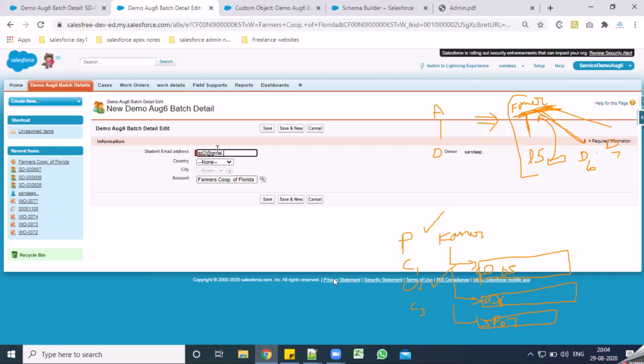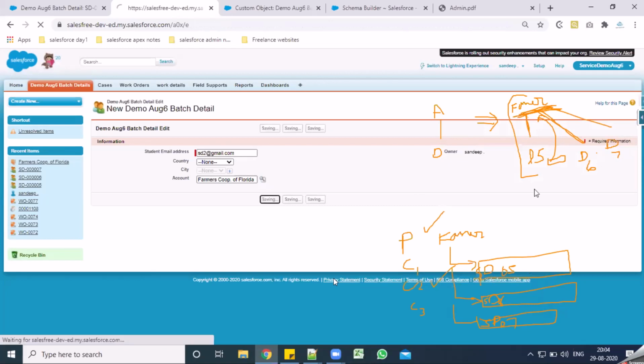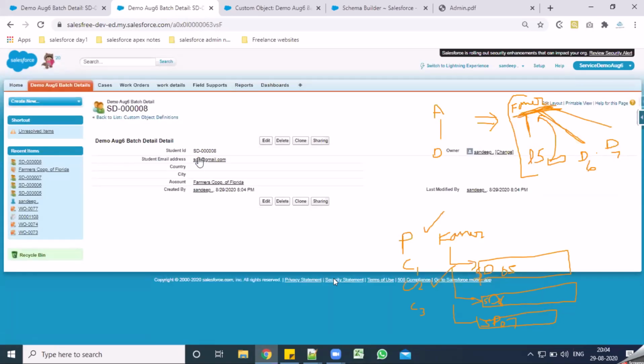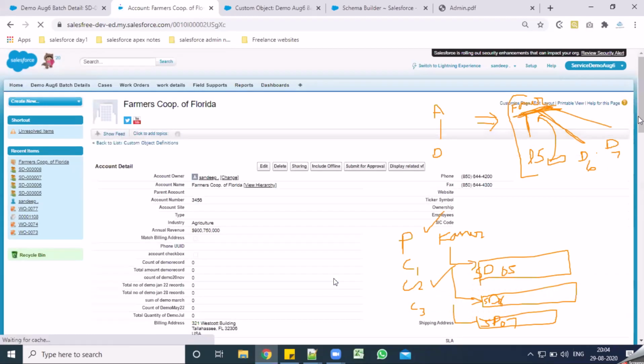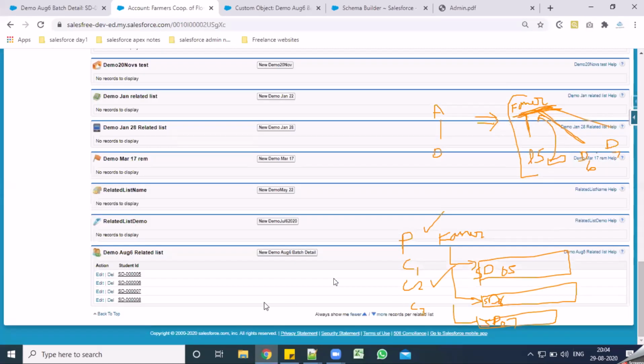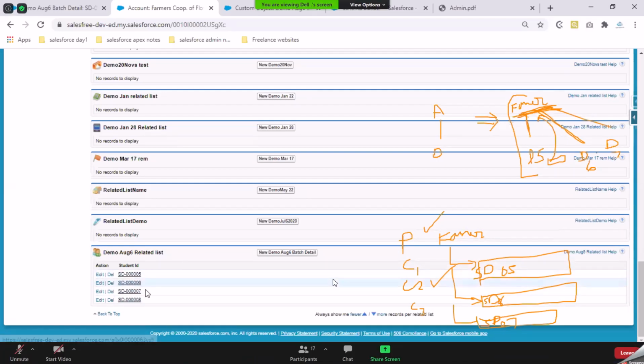If I do this, there would be another child added to the account. If I go back to the account record again, this time you will see 4 children added to this account. That is how you can create this relationship.